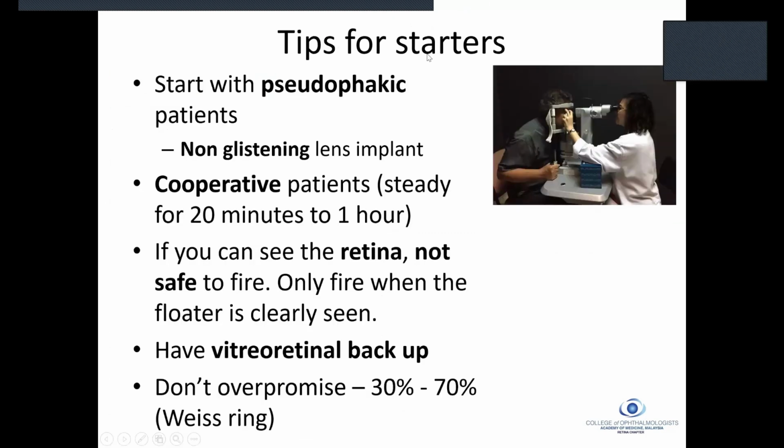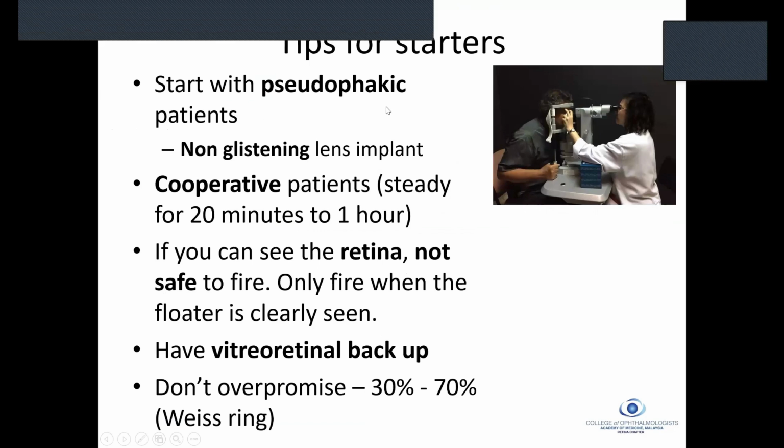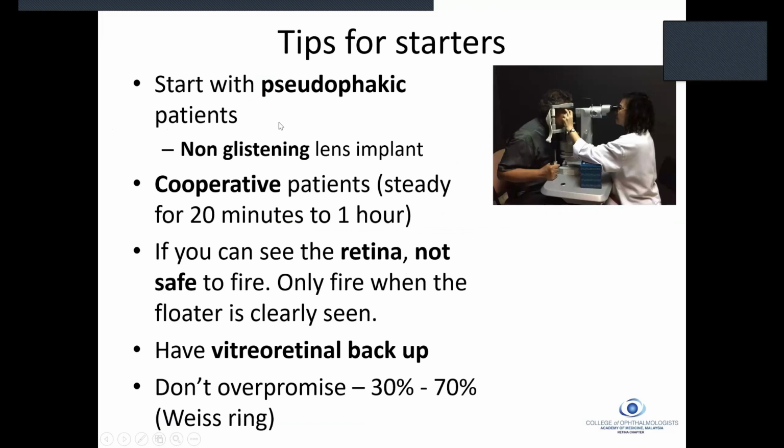So these are my tips for those who wish to consider doing vitreolysis. As we know, it does have some improvement for life quality for patients. We start with pseudophakic patients because you would not have the risk of lasering the lens in such a situation. It would be recommended not to use a glistening lens implant, so that you get better visualization and less glare in your first few cases until you have become accustomed to the system. A cooperative patient is definitely a godsend, and they should be able to sit still at the slit lamp for about 20 minutes. Now, when we say 1 hour, it's for the first time. Essentially the procedure takes between 10 to 20 minutes in my hands now.